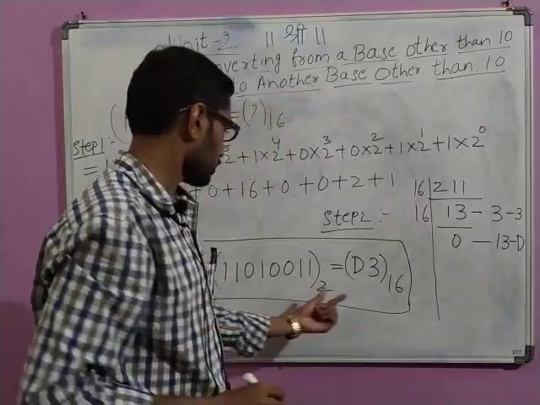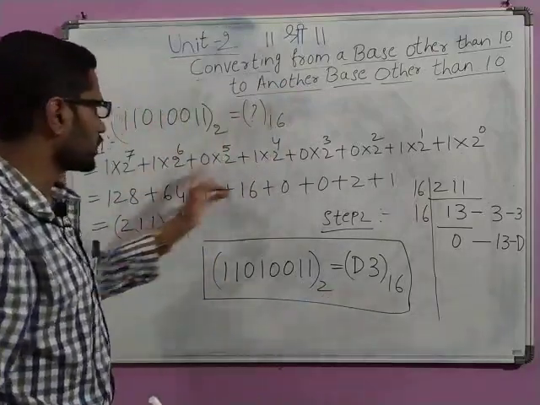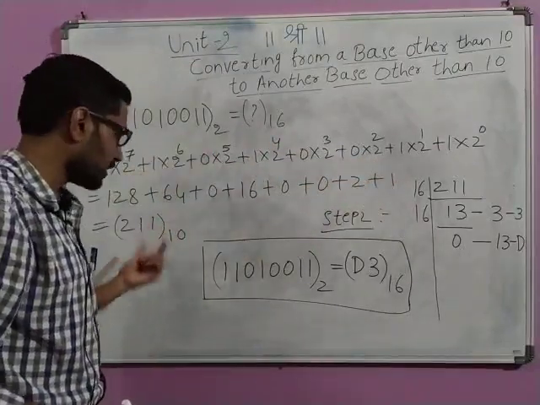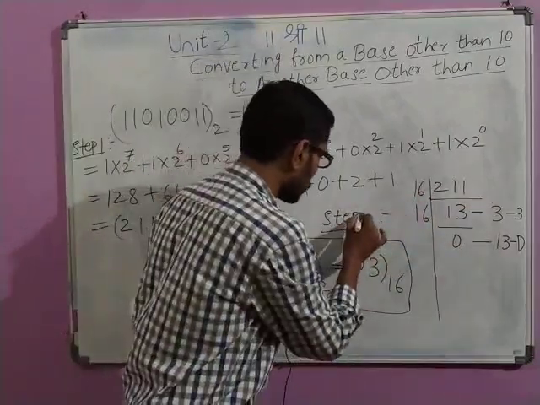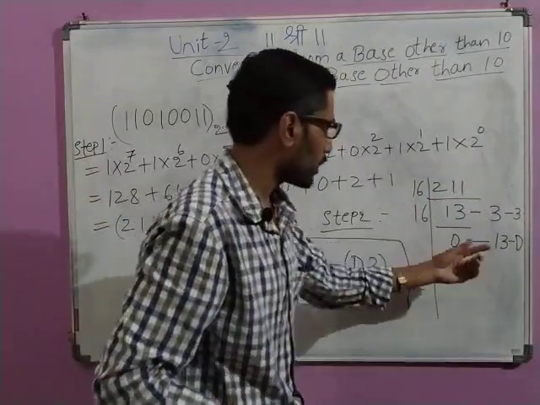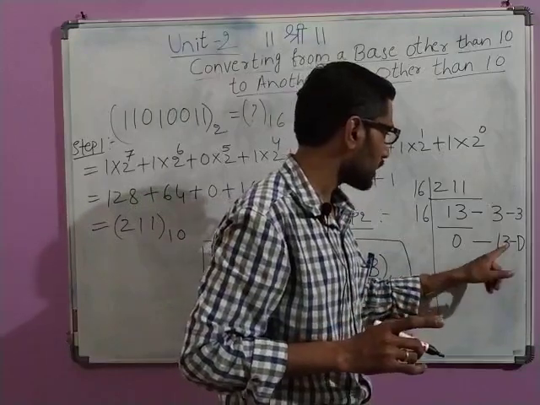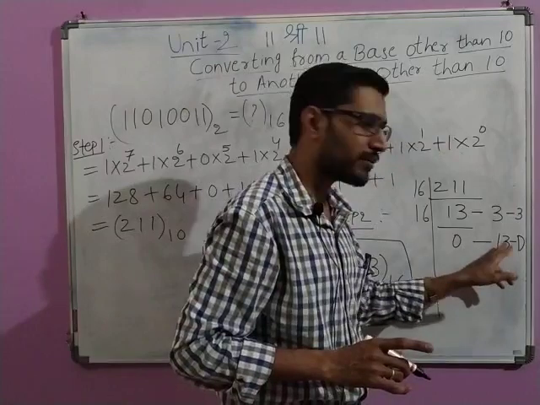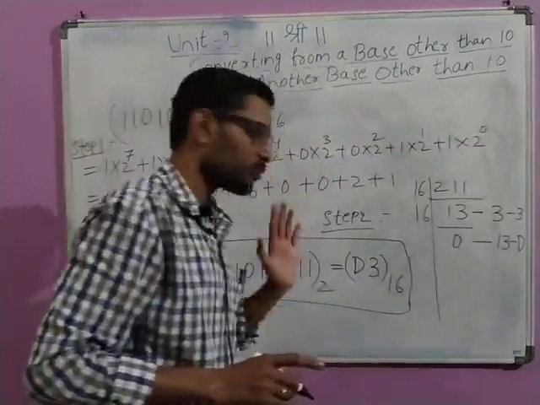Yes, it is correct. Okay, so take the number and convert it into decimal by using the positional values with the base, and then after getting the result, in step 2 you need to use this divide and remainder technique. And once you get this, if the base is 16, please ensure that the symbols are correct. If you are having 10, 11, 12 and so on, convert into the respective alphabets and write the final result.